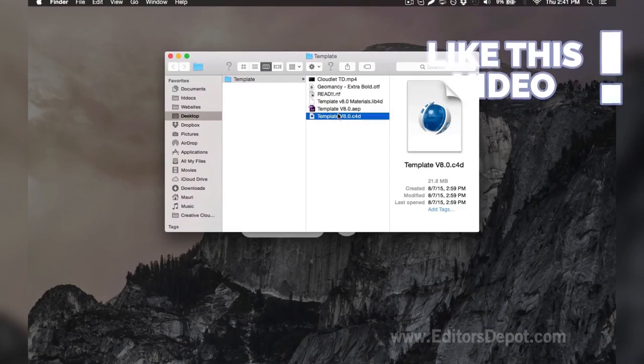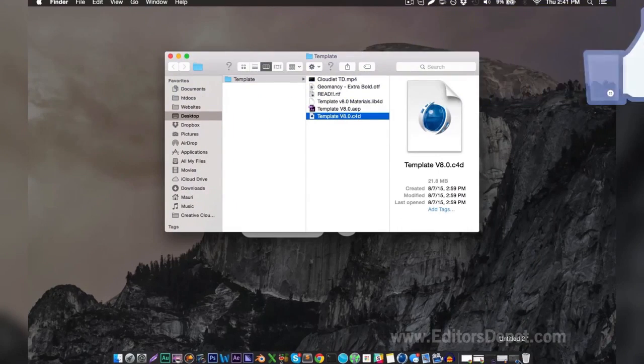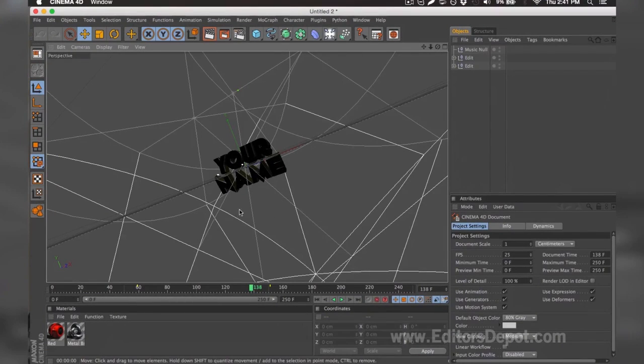Now that that's out of the way, all you're going to want to do is open up the Cinema 4D file. So here it is, and we already have it open, so I'm going to go ahead and bring it up. And as you can tell, everything is ready to go. All you have to do is replace the text, render, and you're done. Except one little thing, there's sometimes problems that come up with the templates, and I'm going to go ahead and cover them here.